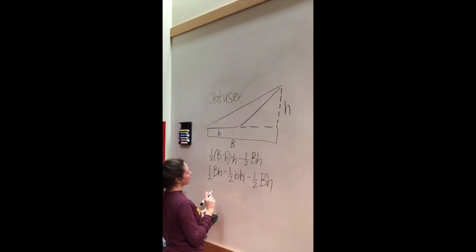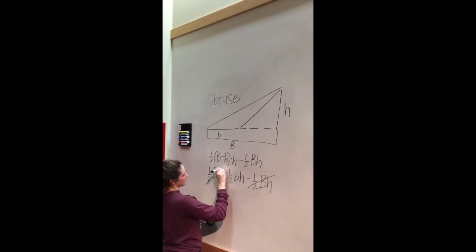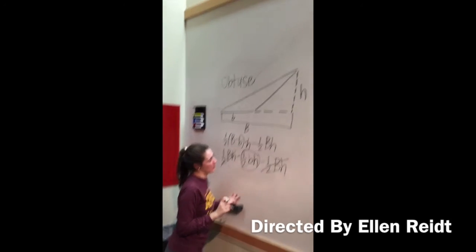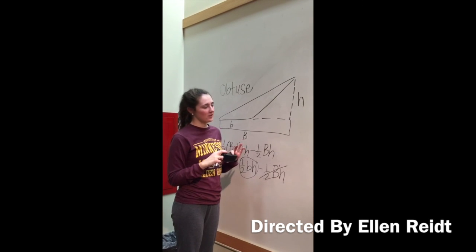So as we know, the 1/2 big B times height will cancel out and we'll be left with 1/2 base times height, further proving that the area of the triangle is